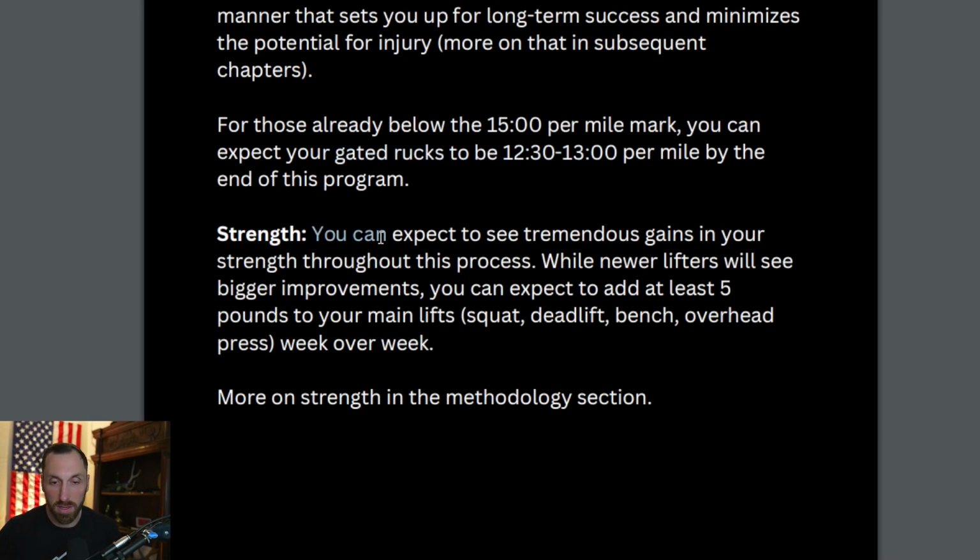Strength-wise, you can expect to see tremendous gains in your strength throughout this process, while newer lifters will see bigger improvements. You can expect to add at least 5 pounds to your main lifts, squat, deadlift, bench, overhead press, week over week. Now, I do want to talk about this a little bit because